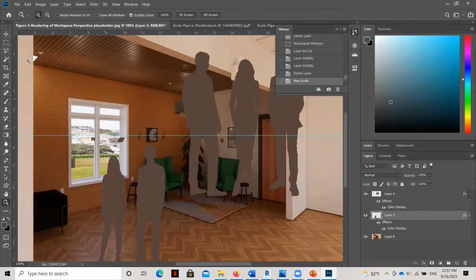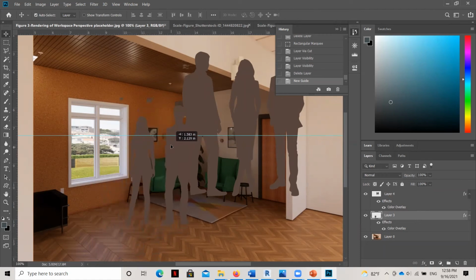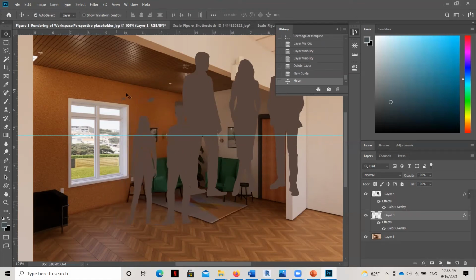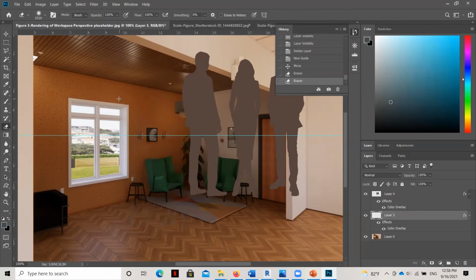So let me go ahead and grab these ones in the lower corner, and I'm going to move them to the location where I want them to be. Probably right about there. I want them to just be kind of standing in front of the window and talking. Okay, you can see there's some elements that have been brought in, so I'll go ahead and erase those right now. Oop, too many.